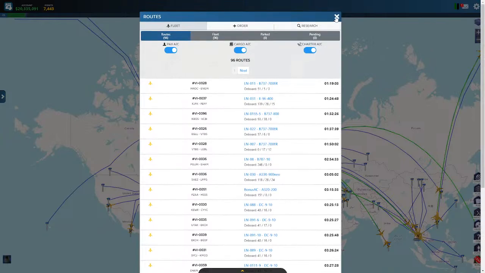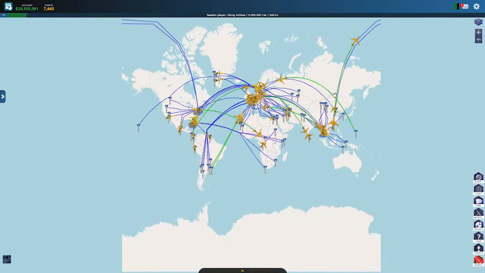Okay, so that was a little about my marketing and how you can find out if your flights are profitable or not. This is the easiest way to find out if it's profitable. Not like I've done before with a spreadsheet and a whole bunch of calculations. I can show you.